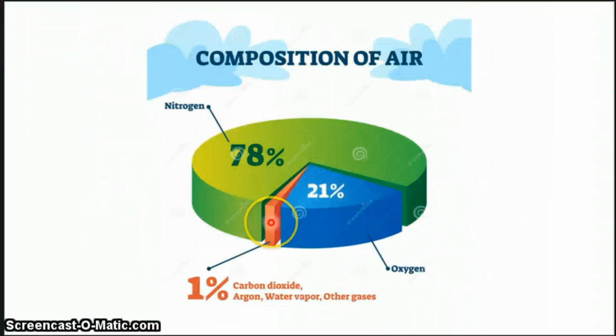This is a pie chart. What is a pie chart? It displays the contribution of each value to a total value. Like here, composition of air is given. So in the air, we have 21% oxygen out of the total atmospheric gases, 78% is nitrogen, and 1% are other gases. So it shows value out of total value.